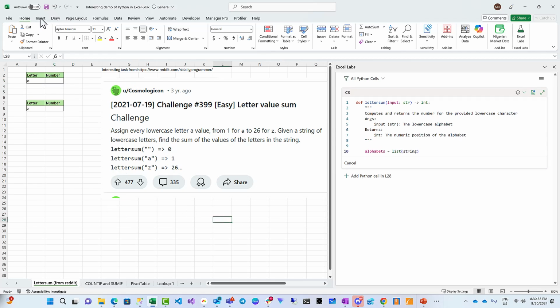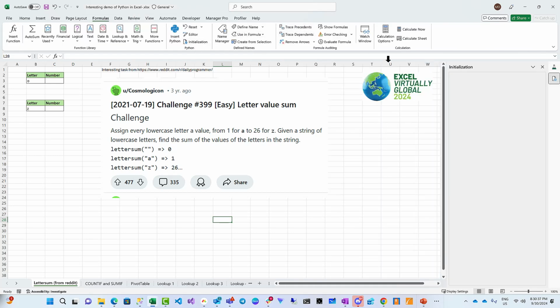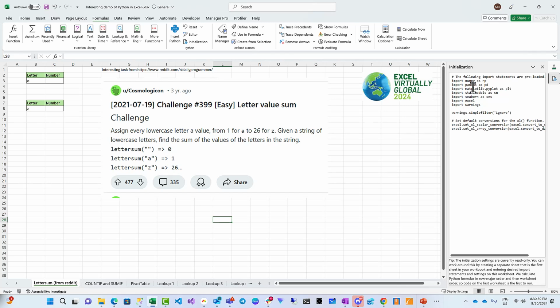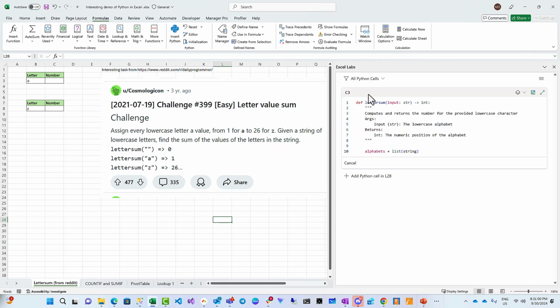When I go into formulas and I go into initialization, okay, great. So these are the preloaded libraries. Now, string is not one of them. And I want to use string to help me get A to Z without having to type A, comma, B, comma, C, you know, that way. So in this case, I will have to